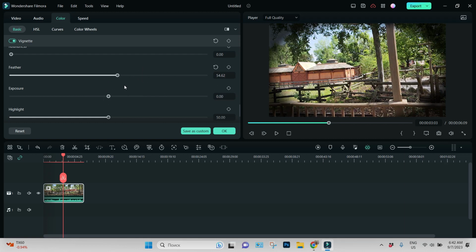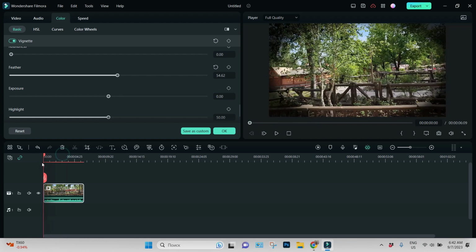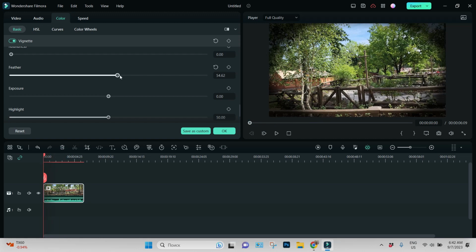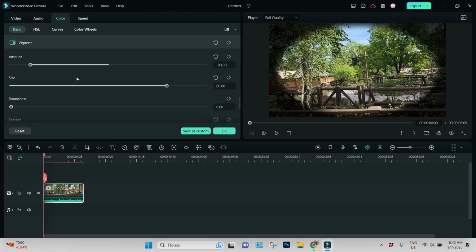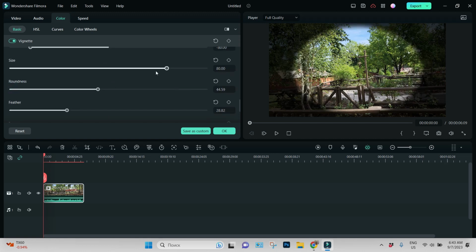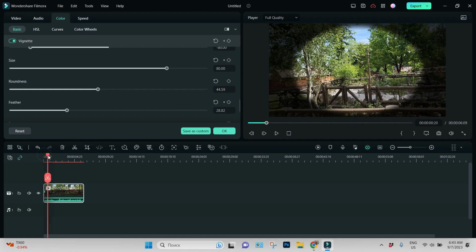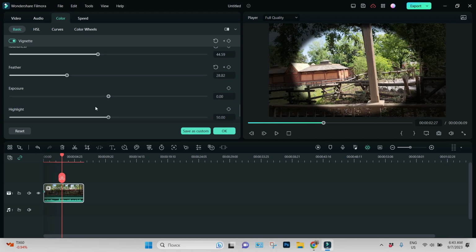Okay, let us say at the very beginning I want it to be like this. Okay, let us add our keyframe. Okay, and then at some moment I want exposure to increase. Let us add a keyframe